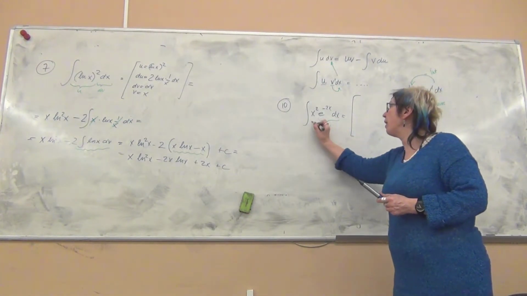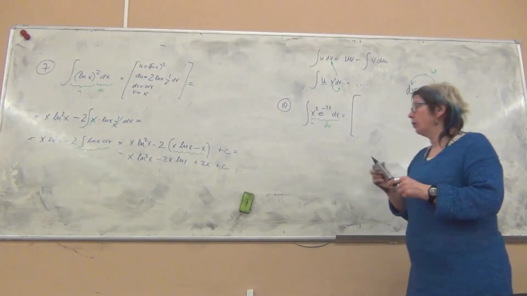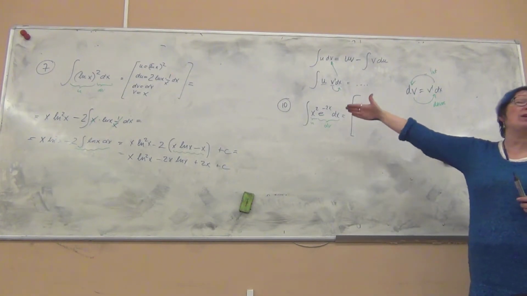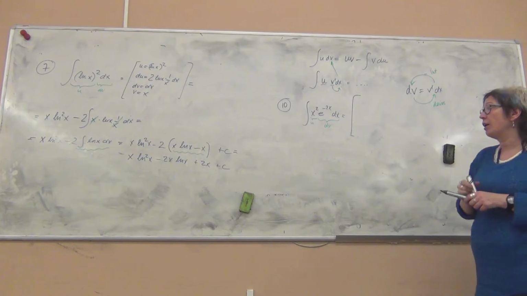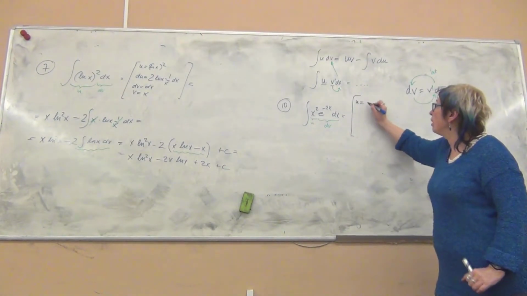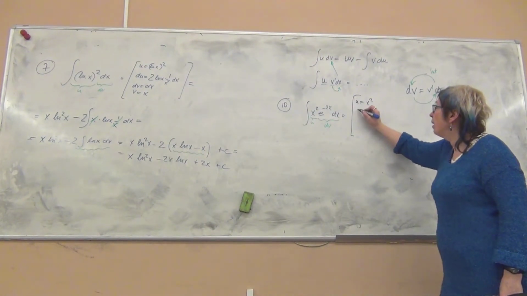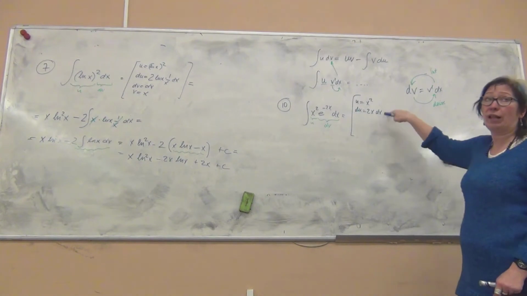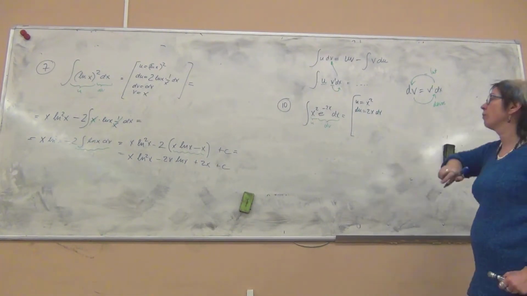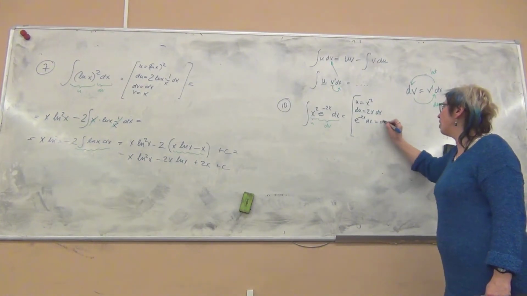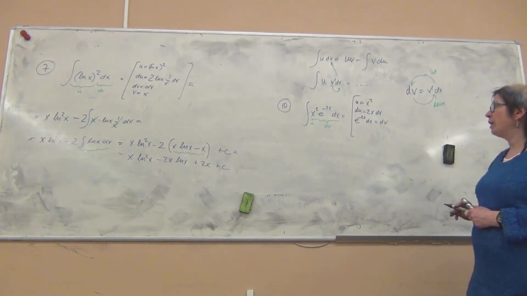So this is dv and this is u. Again, you don't have to mark this. I'm simply showing this for your sake so that it's easier to understand what we are doing there. So u is the function x squared, which means du is 2x dx, never lose dx. e to the power minus 2x dx is dv, and by integrating